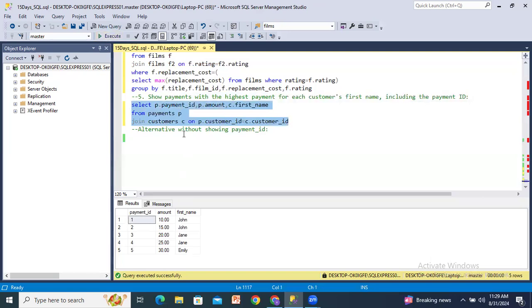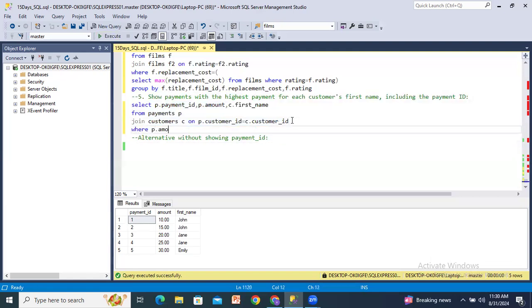Okay, I'm getting the first name. Now we have to apply the where condition. So the where condition is with the highest payment. Okay. So after join, next where